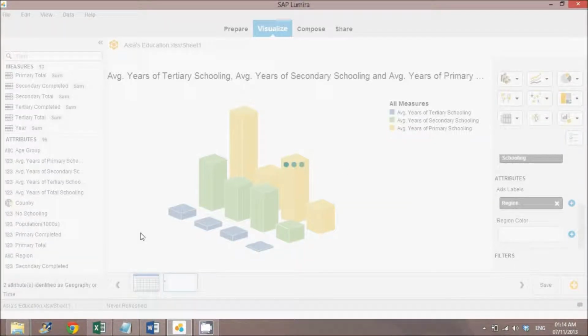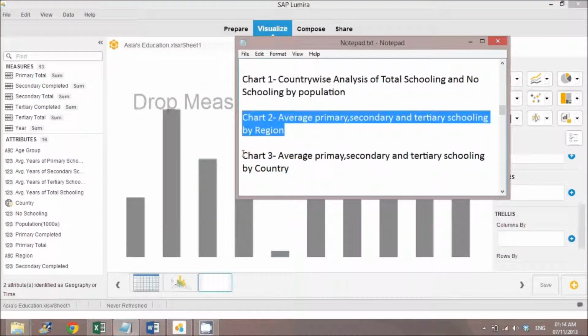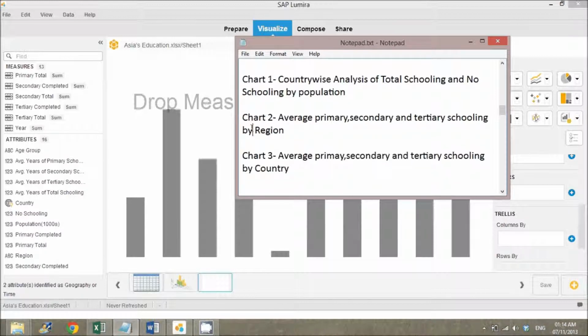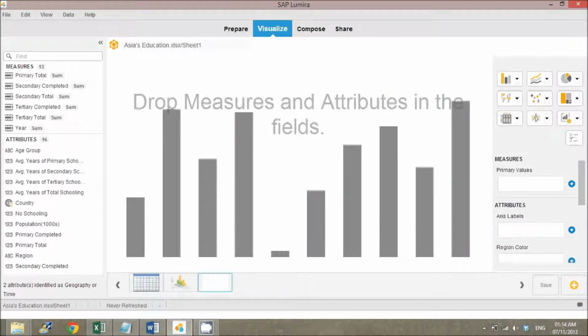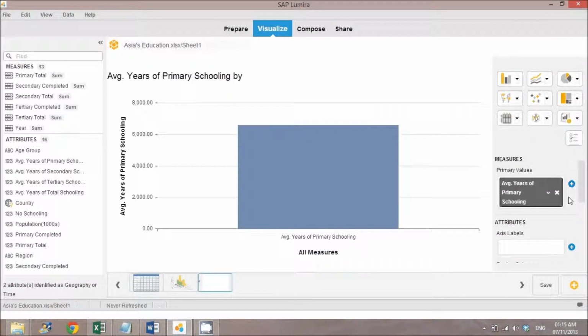As you save the process, you will get the respective thumbnail. Chart 3, average primary, secondary and tertiary schooling by country. Since we have already analyzed with respect to region, we would go into further detail and analyze with respect to specific countries. Average years of primary schooling.